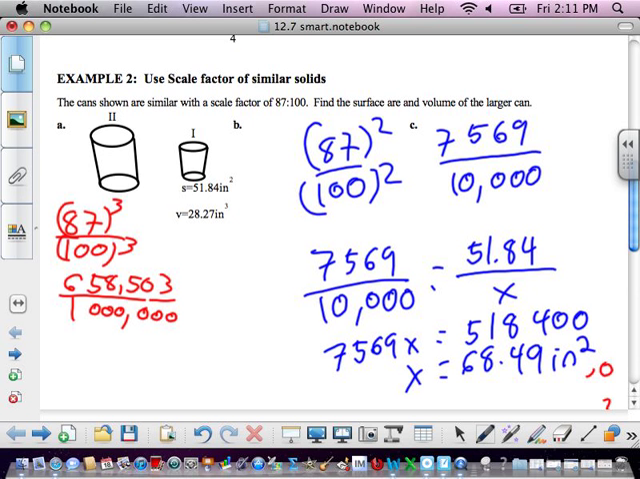Because you've got to find the surface area and the volume, just like that. Okay, now we're going to take the volume of the little one over, we don't know what the big one is. What if we knew what the big one was but didn't know where the little one was? Where would the x go? So now I'm going to get 658,503x equals,